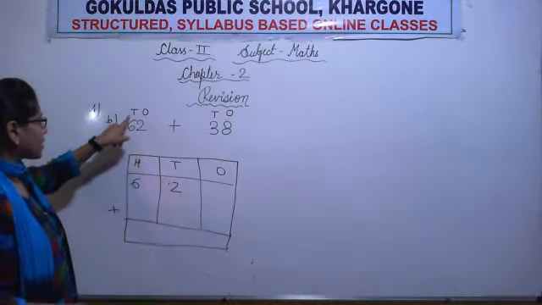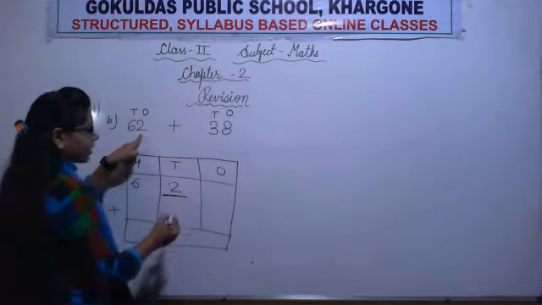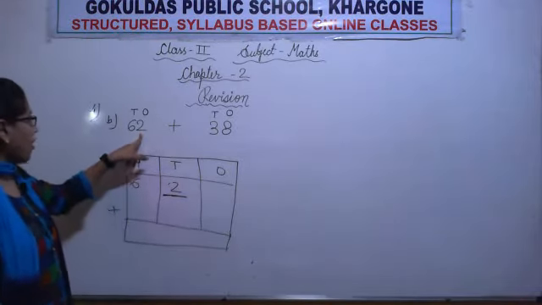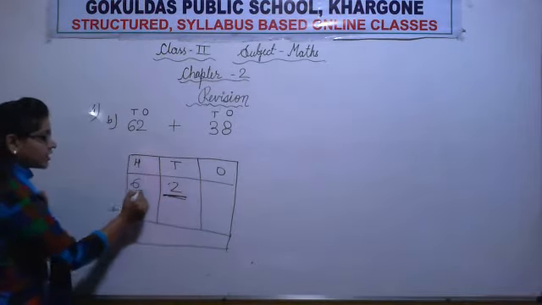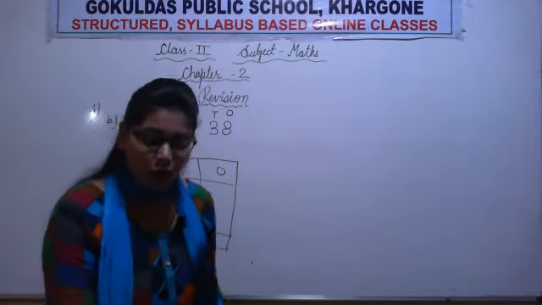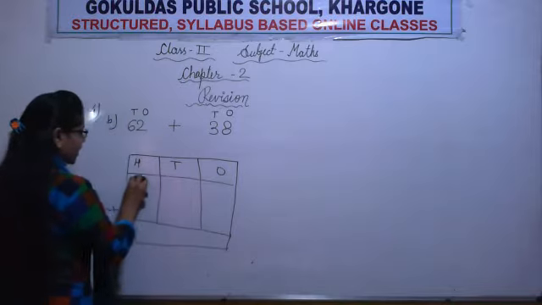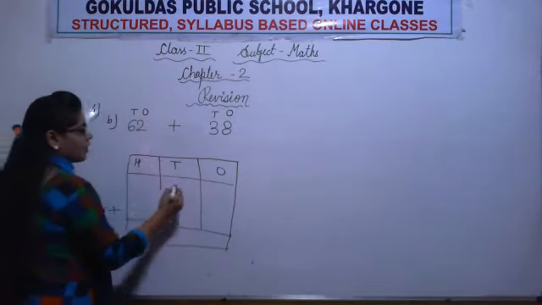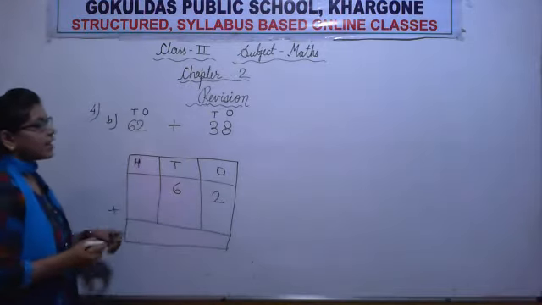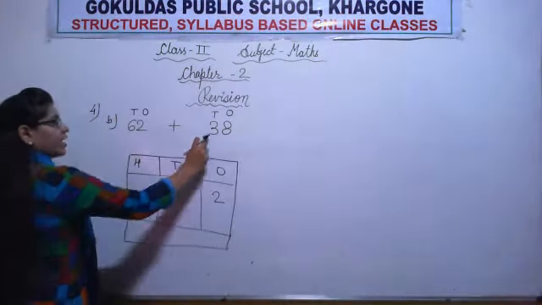Let's check from here. 2 should be at ones place. But where we have written it is the tens place, it means it is wrong. 6 should be there, but 6 is written in hundreds place. So this is wrong. We always start from ones, from the right. Tens below tens and ones below ones. Okay. Now the next number is 38. Again tens below tens and ones below ones.